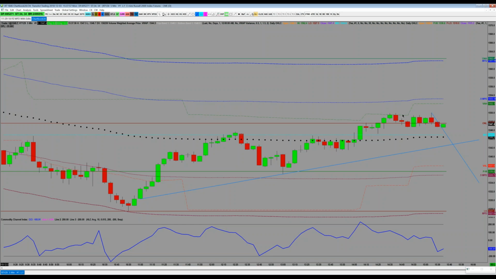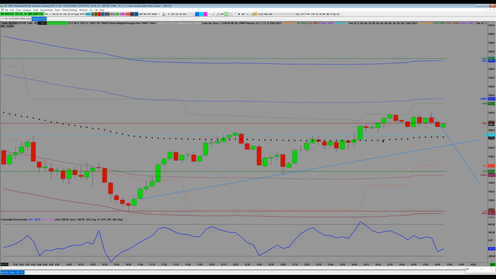A range from the high to the low, with 70% of the volume traded in between those two prices. Then this blue line here is just the midpoint of the session, so the average of the high and the low of today. The black dotted line represents the volume weighted average price. That's something that a lot of volume-based traders or profile traders will use.